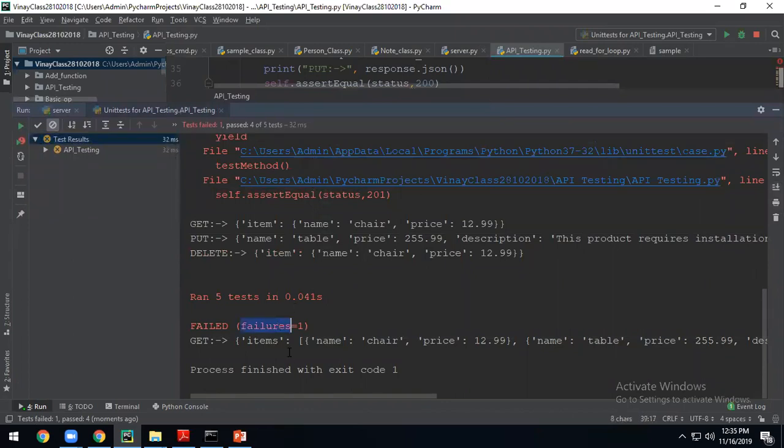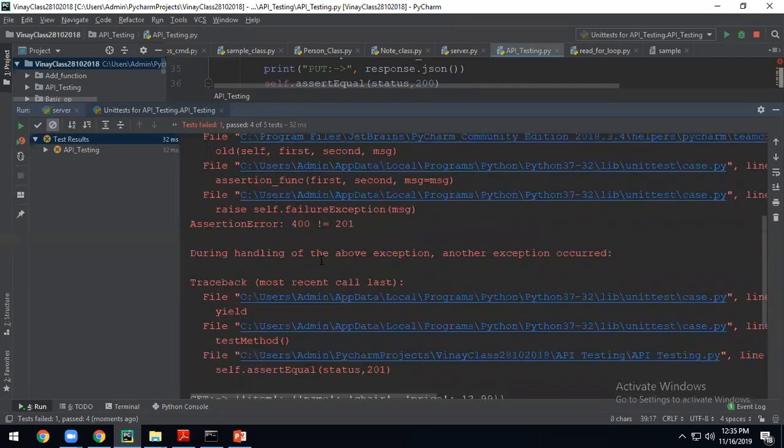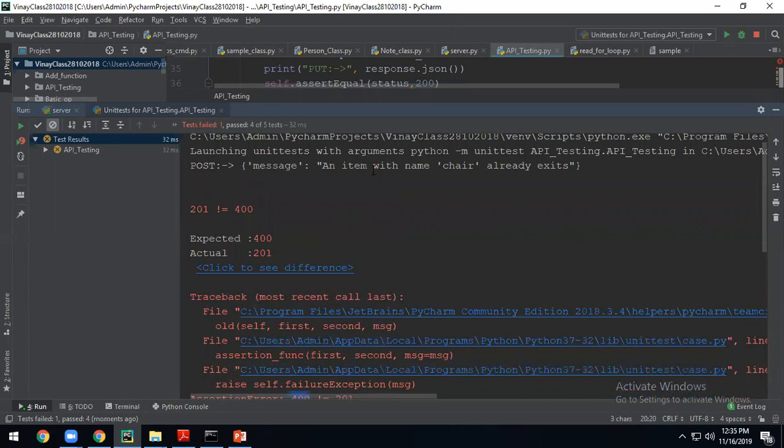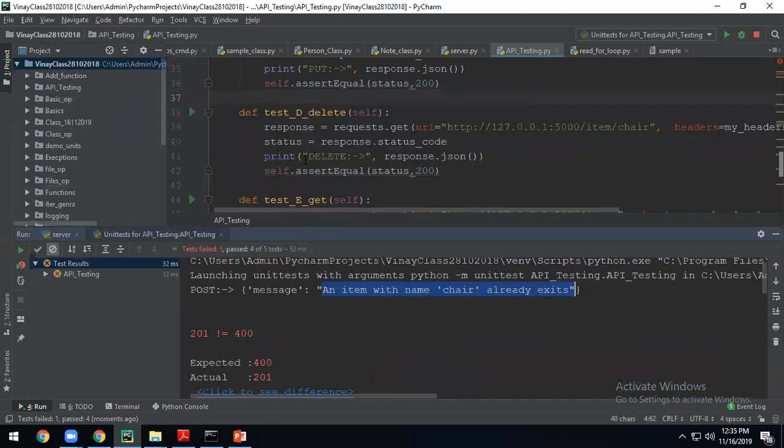One failure it is showing. What is that one failure? 400. You got 400 for one. That means the resource is already available. The post says that an item with chair already exists because I have run it one time. So I'll go and restart my server.